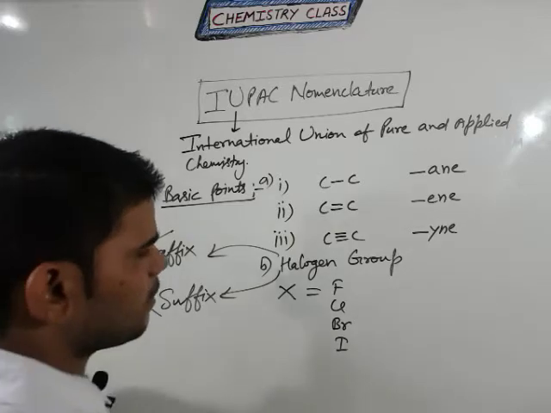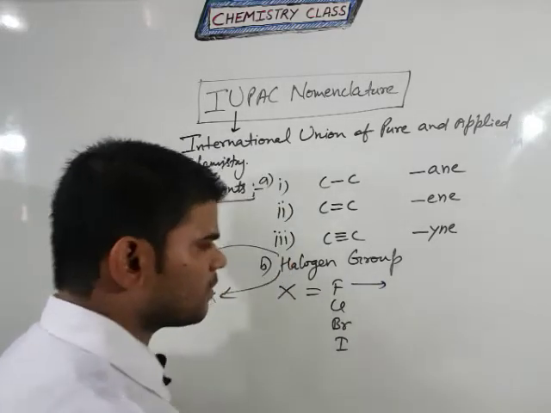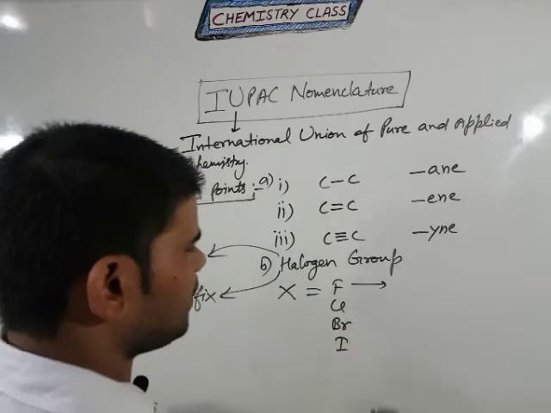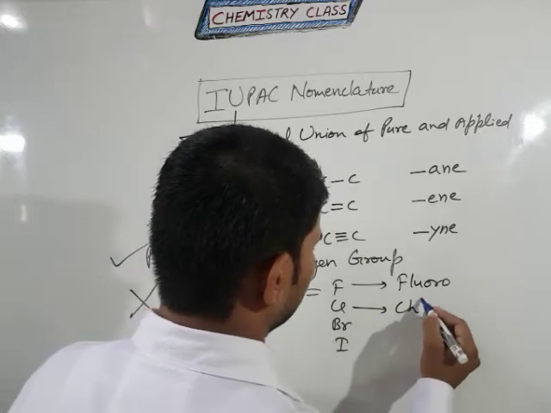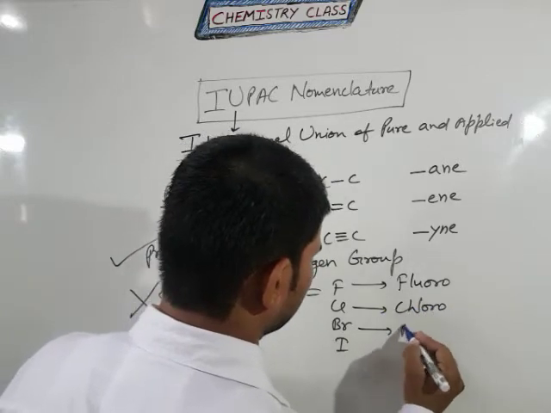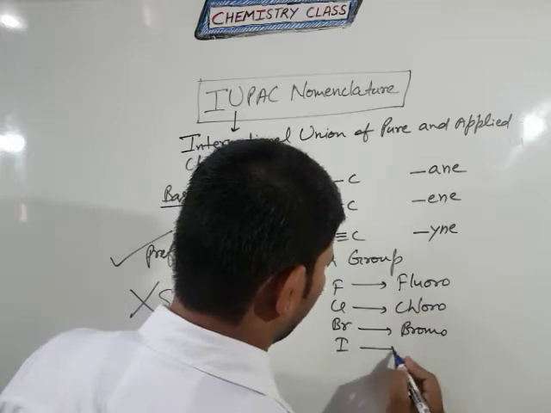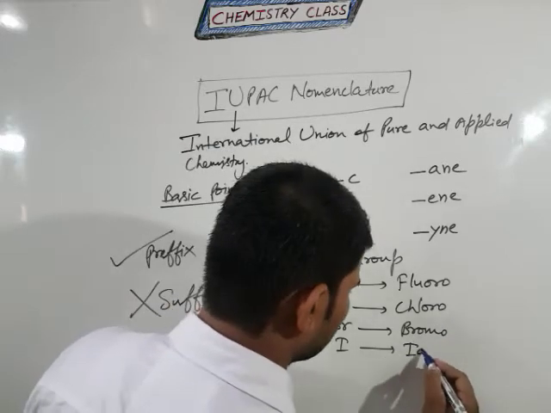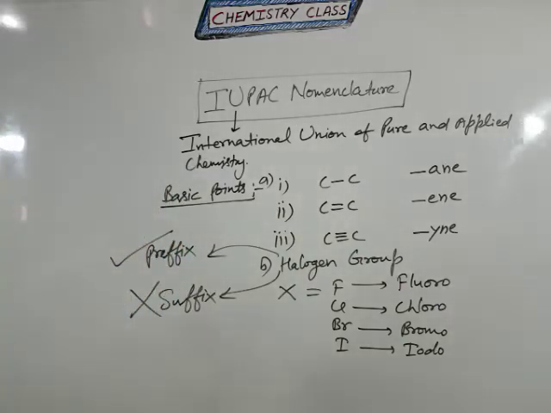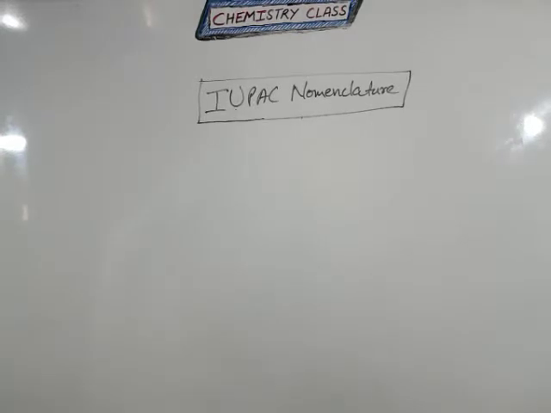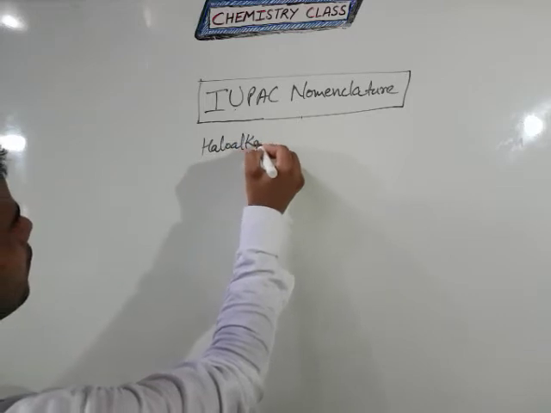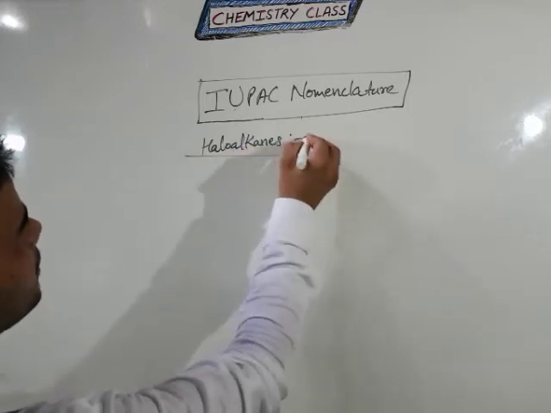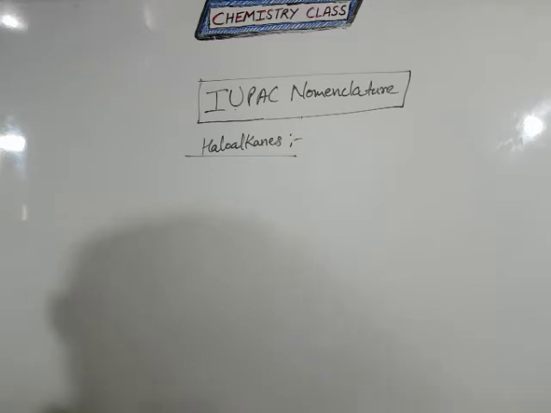In this case, if the carbon atom has fluorine, the IUPAC name is fluoro. If Cl is there, that means chloro. If Br is there, that means bromo. If I, that means iodine, then iodo. Clear? So this is the common point of IUPAC. So first we talk about haloalkane examples